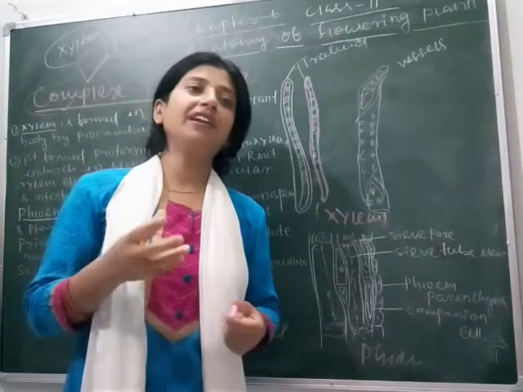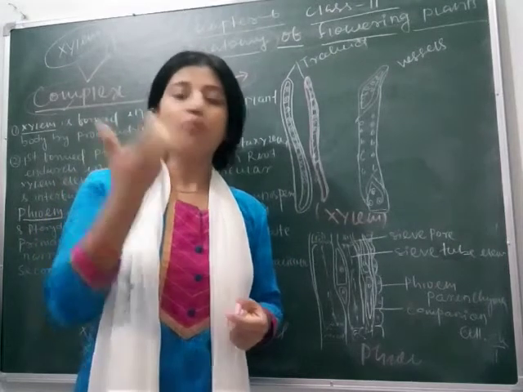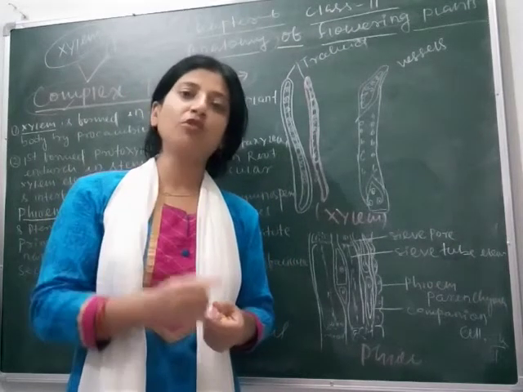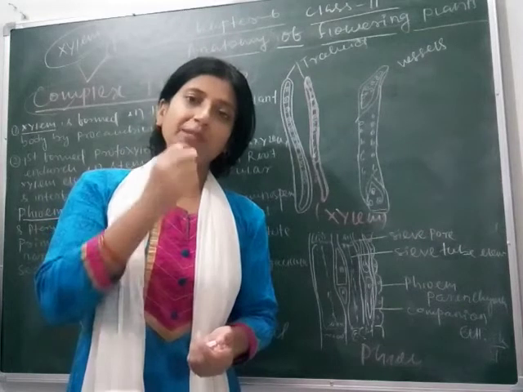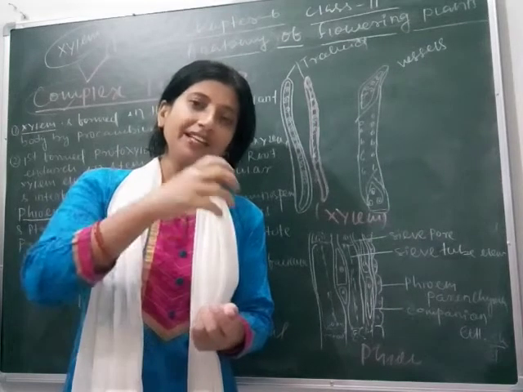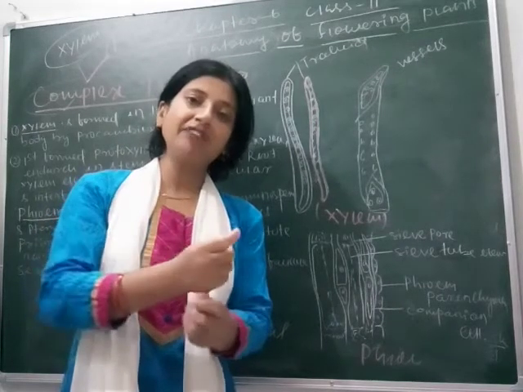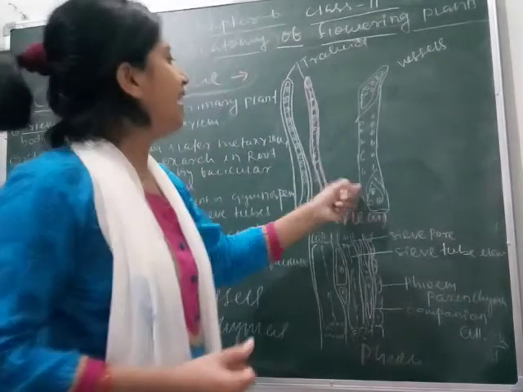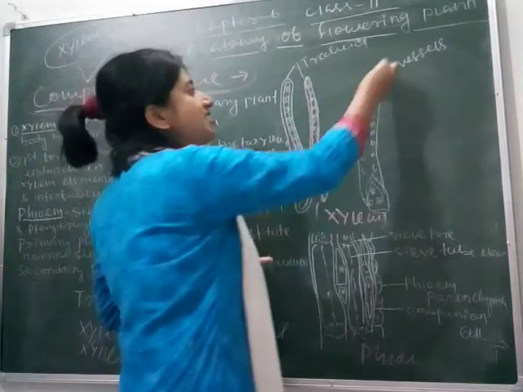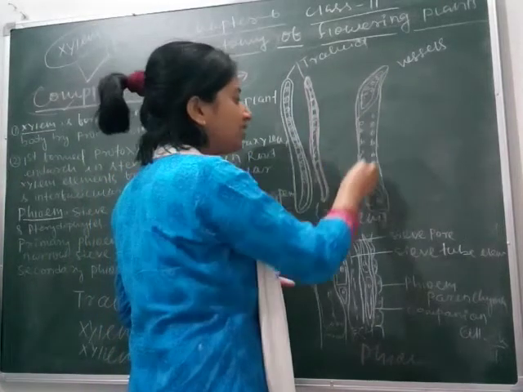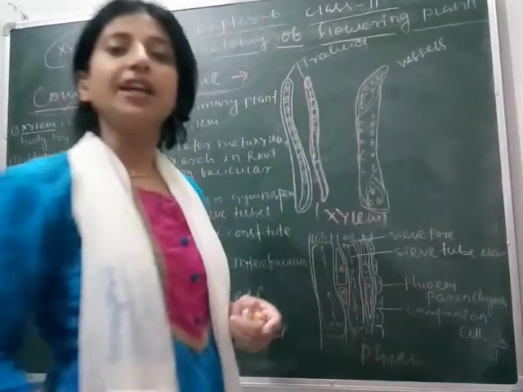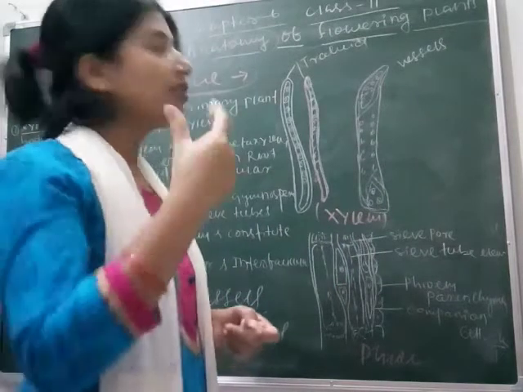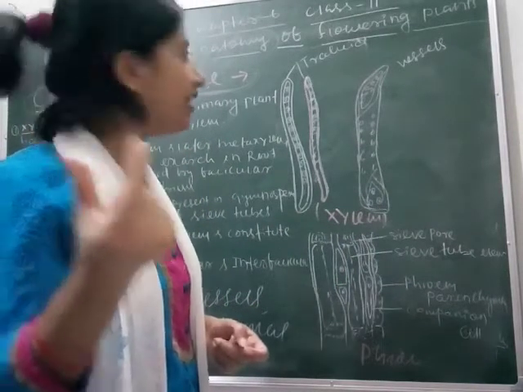Like when we dig a bore well, the pipes are narrow, because if the pipe is narrow, its capillarity will increase and water rises up. Exactly what happens in the case of tracheids and vessels. They are narrow tube-like structures through which water is conducted in the plant, towards the leaf.